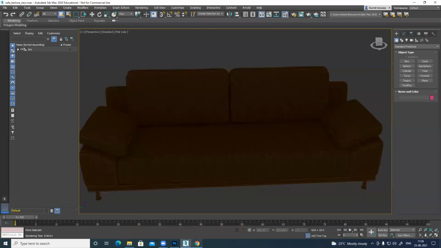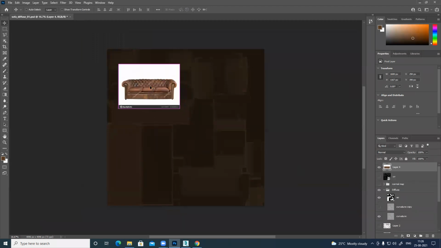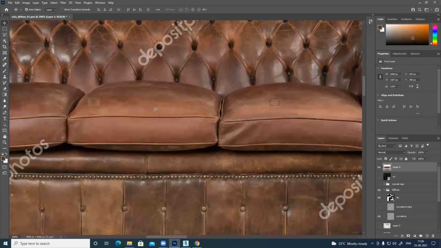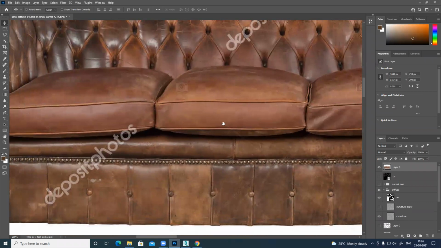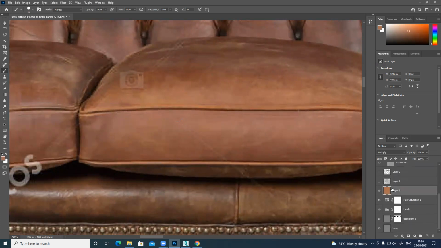Okay, so I copied that and pressed Control V to paste it here, and Control Shift bracket to move it to the top so I can see the colors and everything. Here I can see the base color looks kind of nice, with some variation also. So I'll pick this light tone color and fill it.